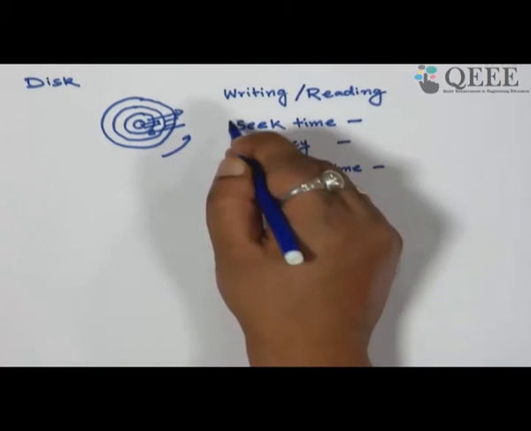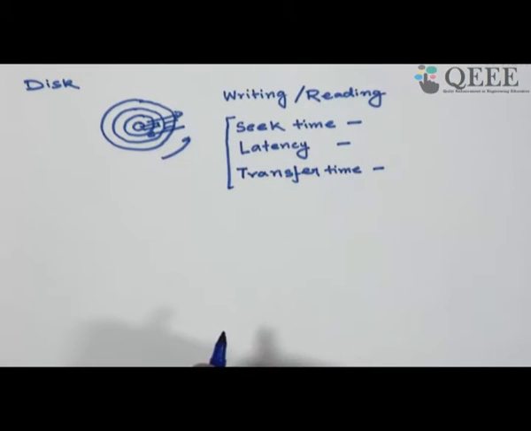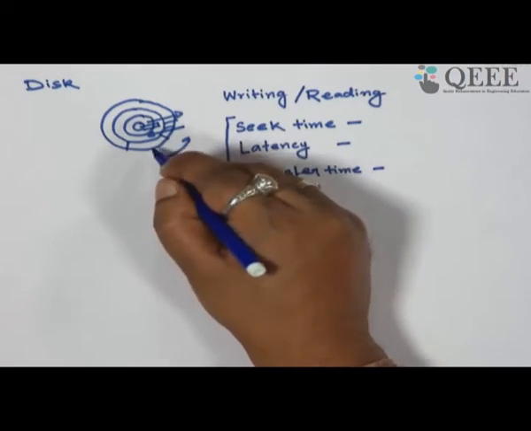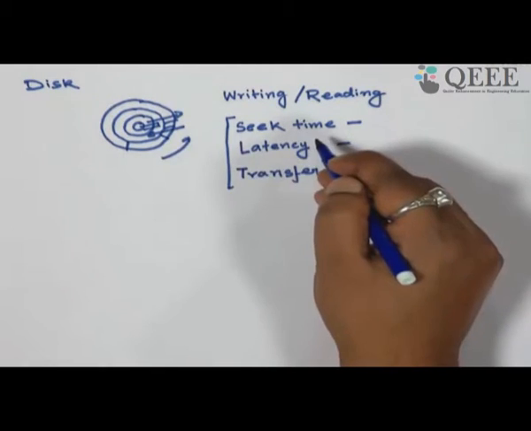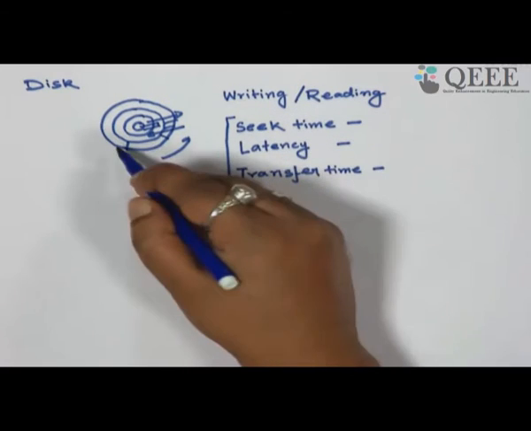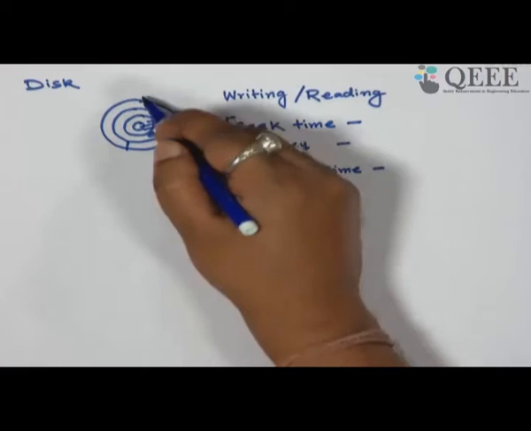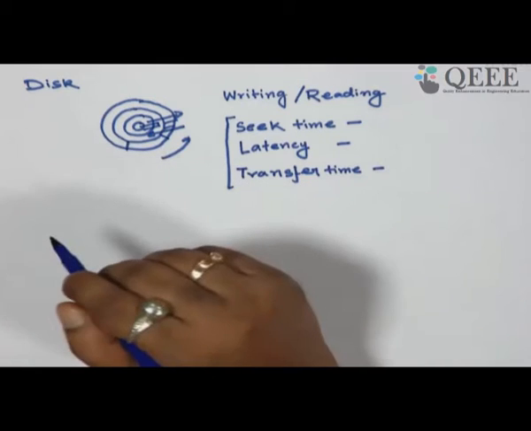So, the combination of these three times determines the time cost of one read or write operation. So, there are certain strategies to optimize this. For example, if I know some query will continuously need some data, I will try to put it in the same track, so that the seek time is minimized. Okay. So, I will try to make all file continuous in a track. If it is spread over multiple tracks, I call it a fragmented file. I do not want fragmented file.